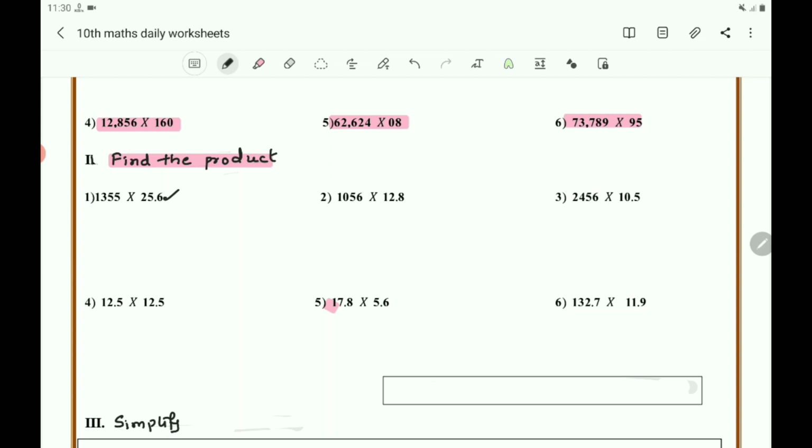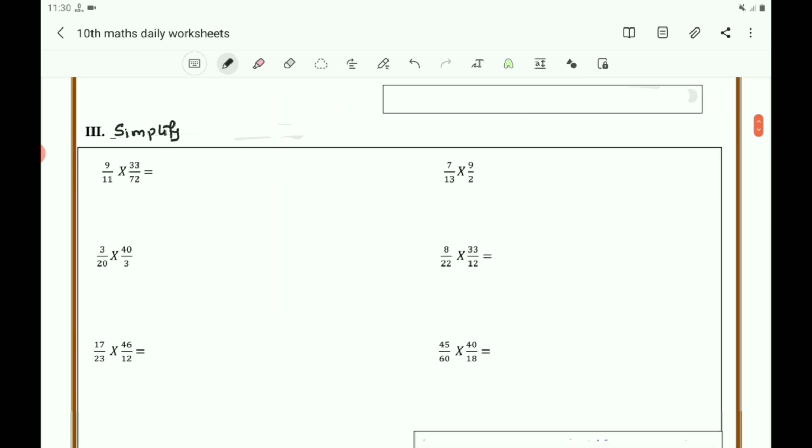And if you take this example, the fourth one, as usual you find the product of 125 into 125. After getting the product, count here one digit, here one digit, 1 plus 1, 2 digits. So in the product you must put the decimal point after the 2 digits. Means after the decimal point there must be 2 digits. Here also after the decimal point there must be 2 digits. That is, the usual method of multiplication is to be done, and after that write the decimal point counting the number of digits in the numbers.